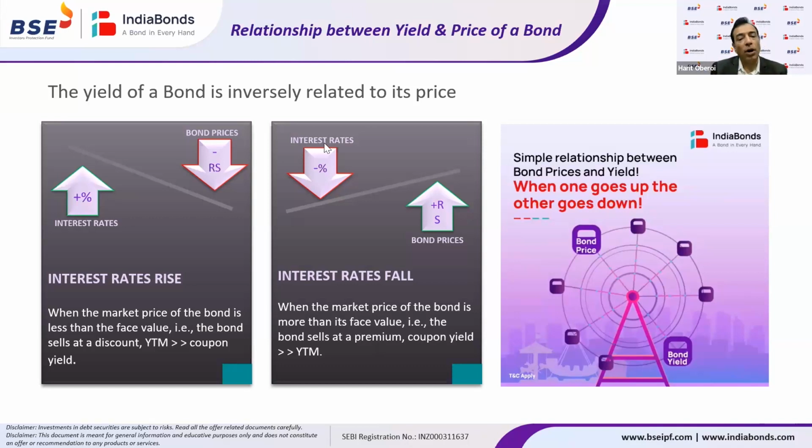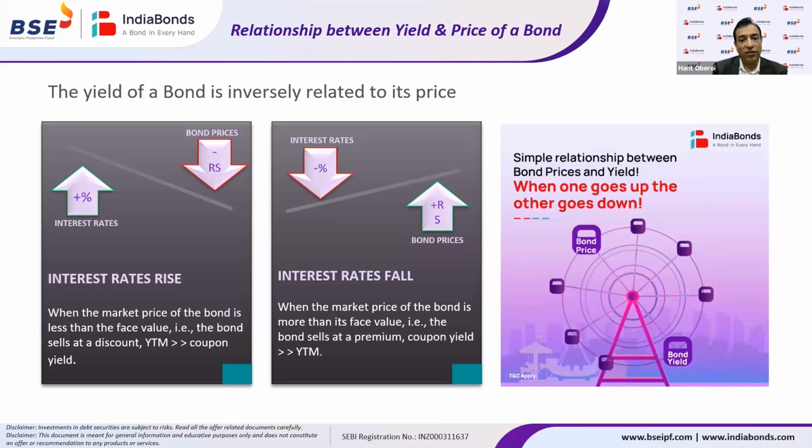Vice versa, say the bond is trading at 105 rupees. I invested 105 rupees, but at maturity I will get only 100 rupees. Though I am getting 10% as my coupon, which was defined at the time of structuring, I am investing 105 and at maturity I am getting 100 rupees. So 5 rupees is the loss I have incurred in investing in this bond. Effectively, my 10% yield will become, say, 9.5%. So my realization on that investment is, instead of the 10% coupon, might be 9.5%, for example.